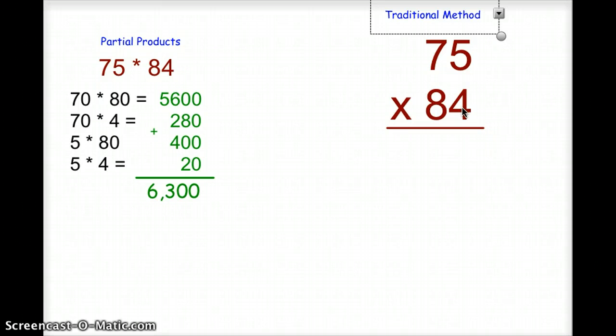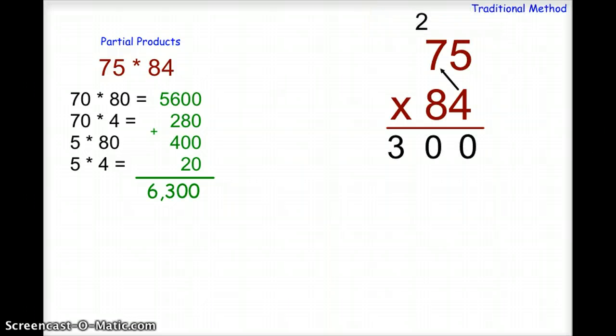We're going to multiply 4 times 5. In essence, we're doing the same thing we did in partial products, the ones column times the ones column. Then we're going to do the ones column in 84 times the tens column in 75, which would be 4 times 7. If you did that,